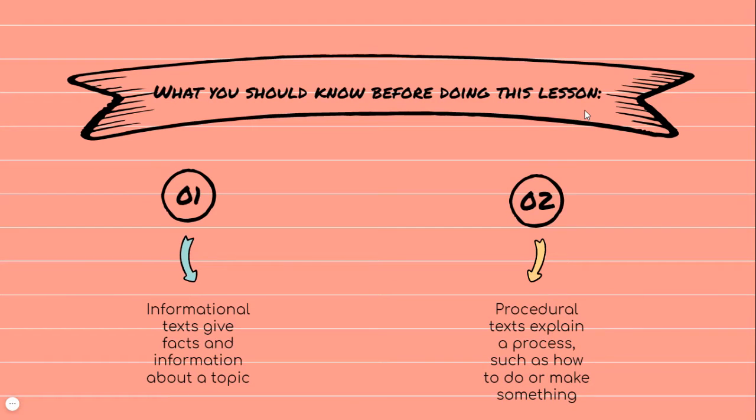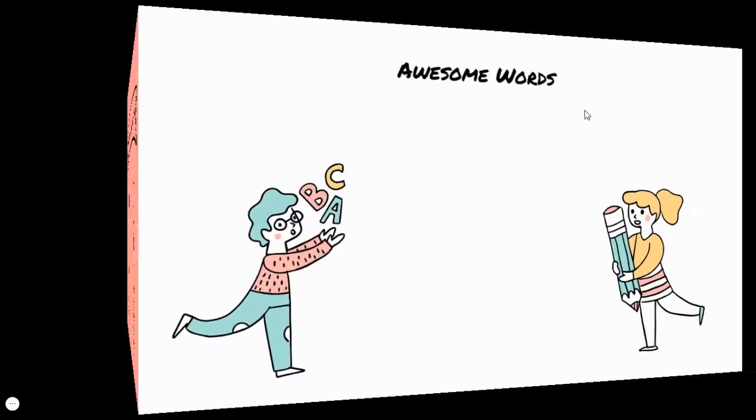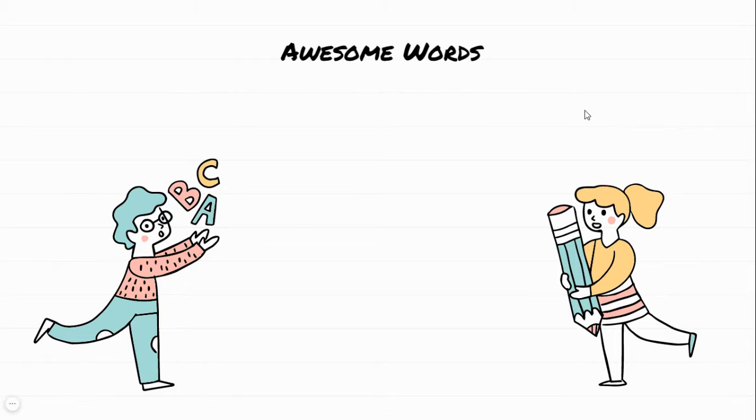What you should know before doing this lesson. Informational texts give facts and information about a topic. Procedural texts explain a process, such as how to do or make something. Some awesome words to look at before we read are